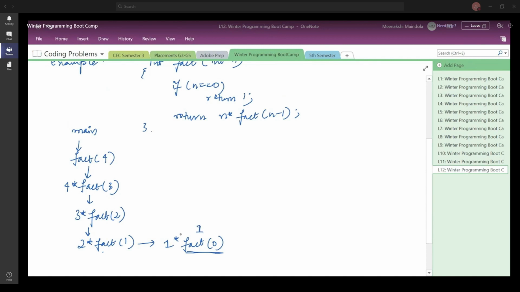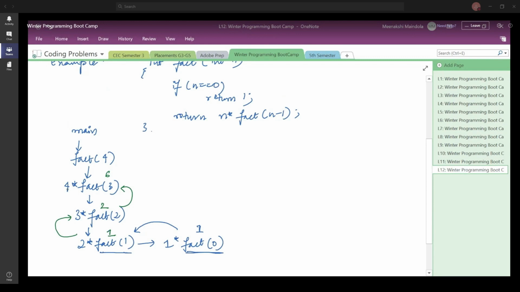And then when you multiply these two numbers, which is 1 multiplied by 1, you return that to the calling function. Once you return this to the calling function, at this place you will have the value 1. Okay. And now you do 2 into 1, which returns 2. So you again return that to the calling function. Now here you do 3 into 2, right? Again, you return this to the calling function. You return 6 here, right?